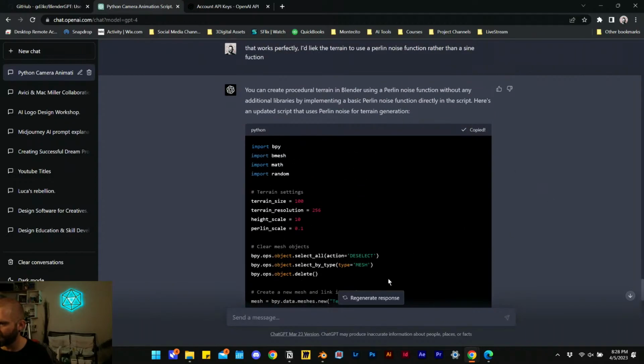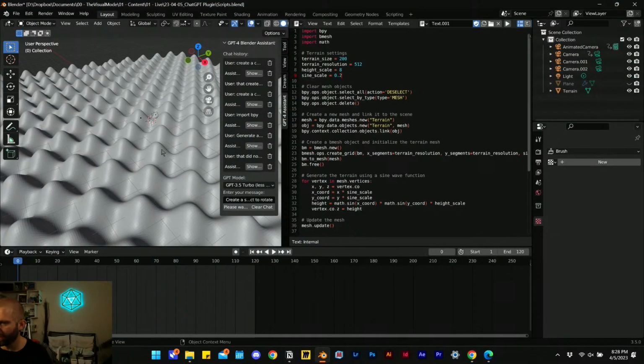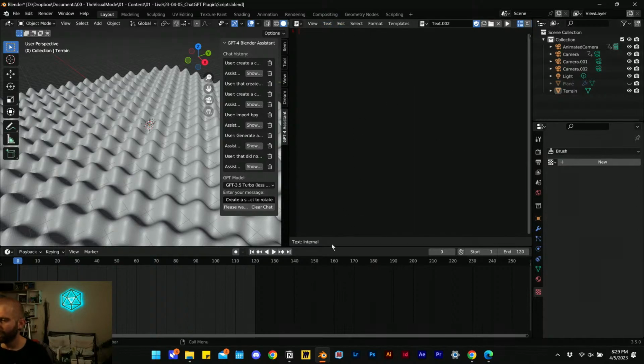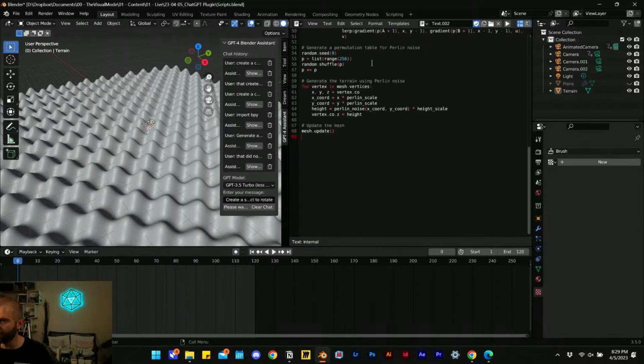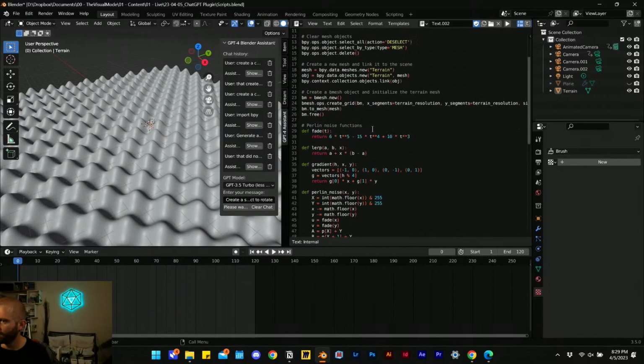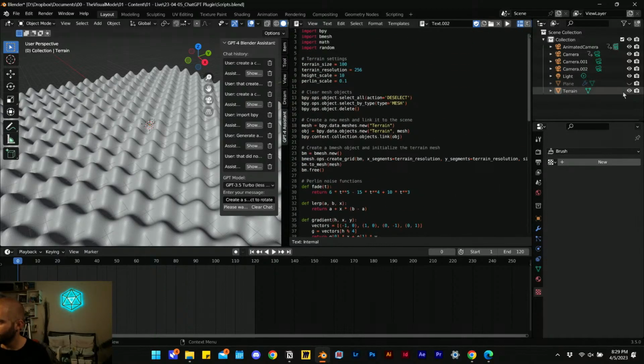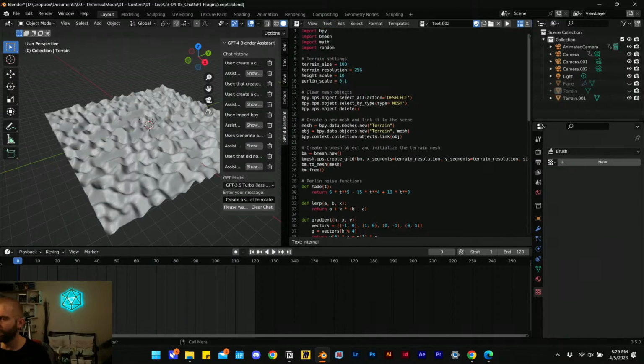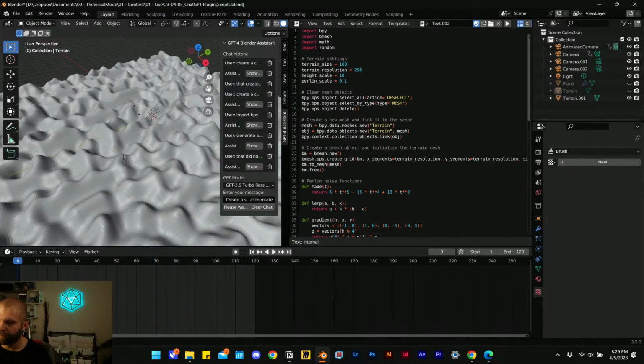So we'll copy that code, go back in here. We're still waiting on that, I suppose. We have an error, so I'm not sure if it will be able to move forward with that. But let's create a new text here and paste that new Perlin noise function. We'll hide the current terrain, and then we'll hit run script. Sweet, there's our Perlin noise